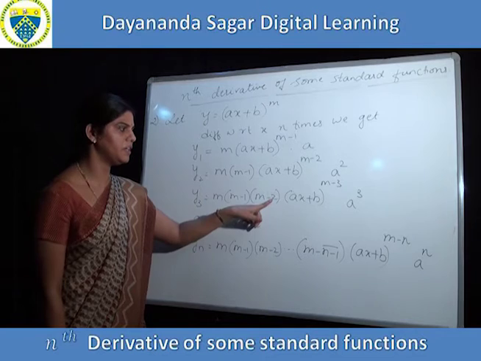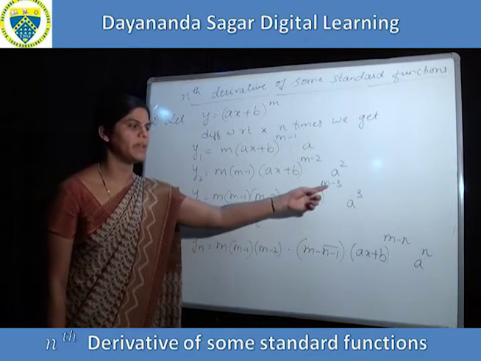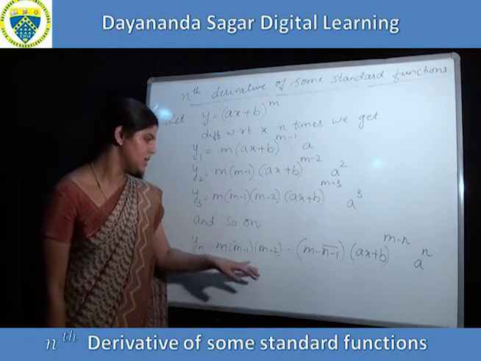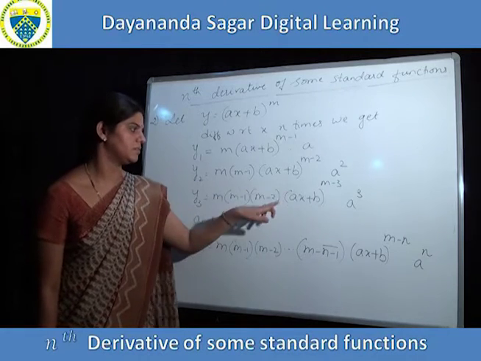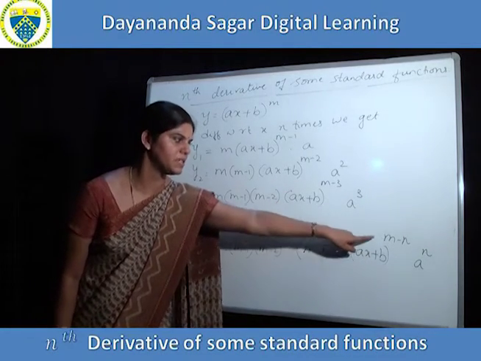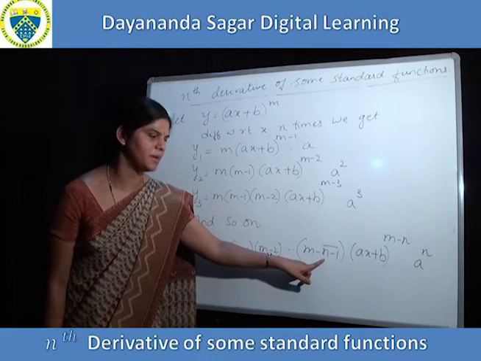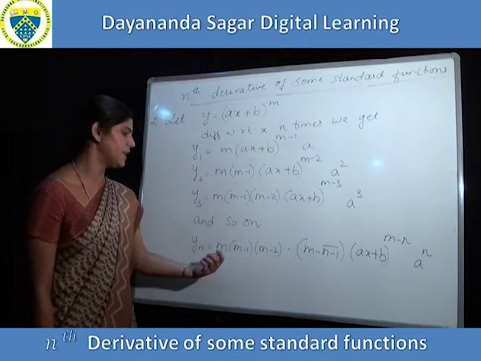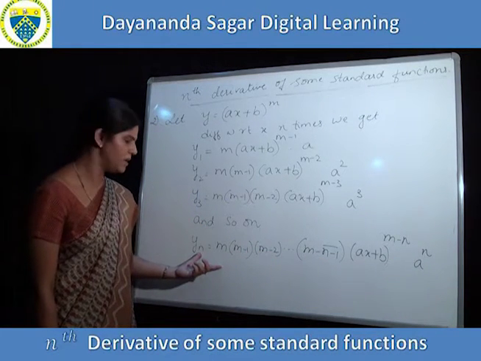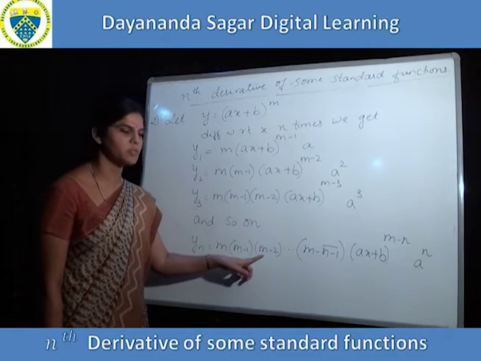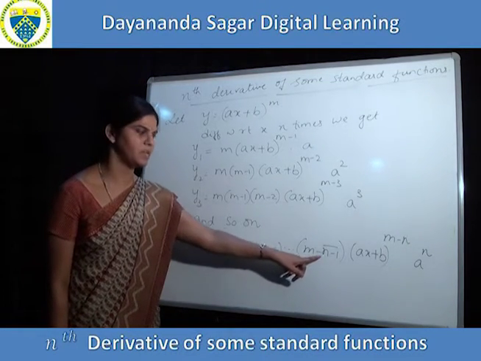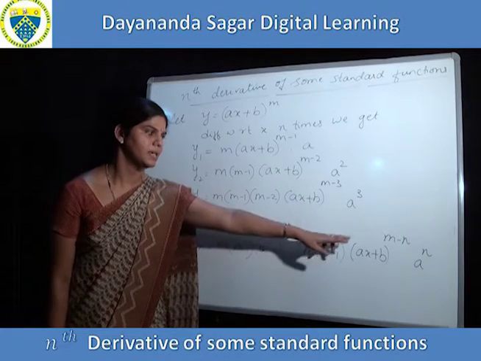So here we are writing 2 and ax plus b whole power m minus 3. The power is m minus 3. So 1 less than 3 is 2. Similarly here, the power is m minus n. 1 less than n is n minus 1. Hence we get the nth derivative of ax plus b whole power m as m into m minus 1 into m minus 2 etc. m minus of n minus 1 into ax plus b whole power m minus n into